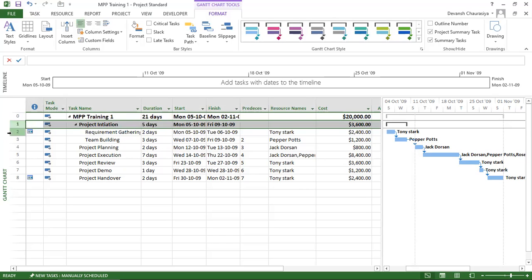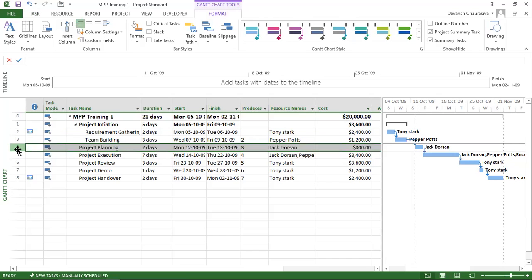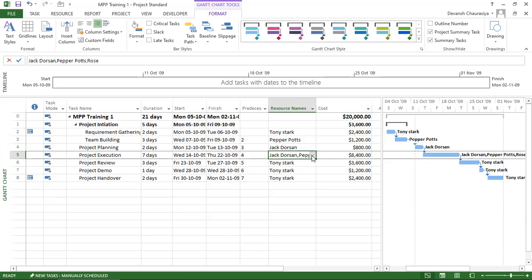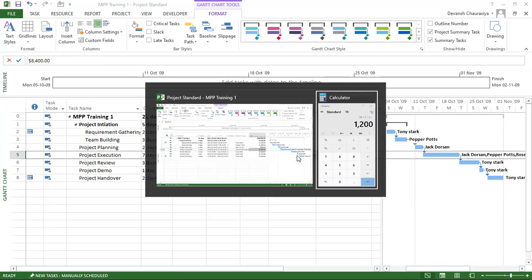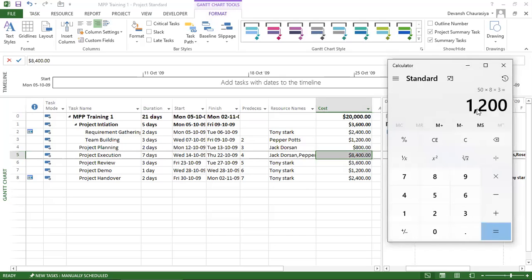Now, it automatically tells me that this project is going to cost me $20,000, and in that, this task is costing me 3,600. Project planning is costing me 800 because there's one resource. This is costing me 8,400 because there are three resources working. So you can actually calculate: rate for first person plus rate for second person plus rate for third person.